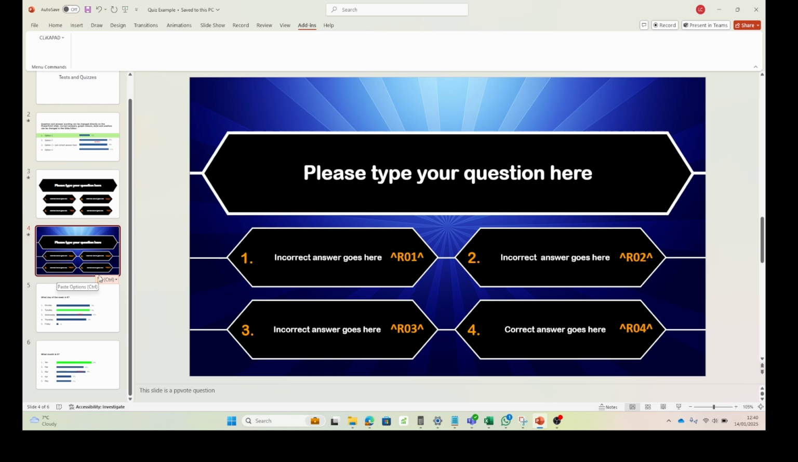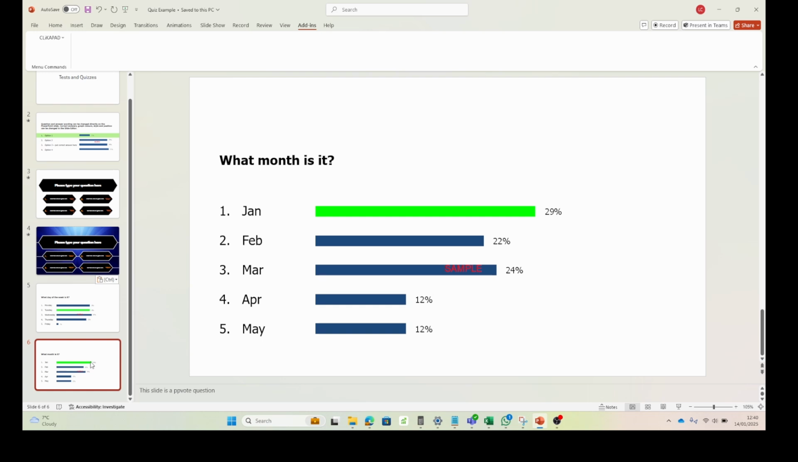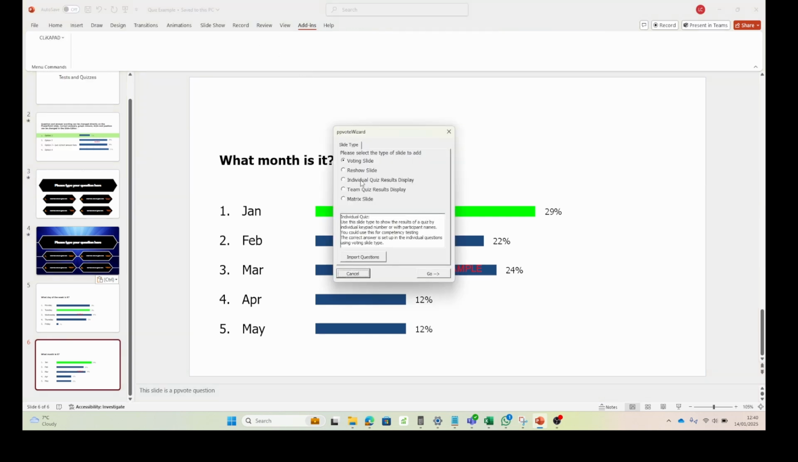So you will never have a problem with having a tie. If 2 people get 98% and they're the 2 winners, one of them will still come first because their speed will count. Nothing for you to do to set that up. Setting up the individual quiz results display is always the same, no matter whether it's per round or for all questions or one question. So let's go to the CLiKAPAD menu, new slide wizard, and we'll choose this one here,